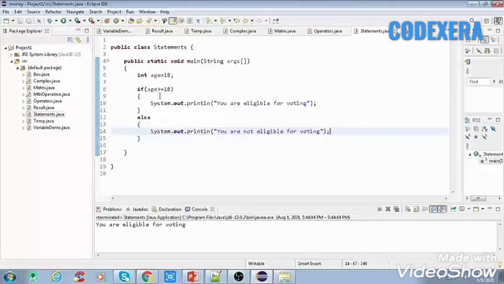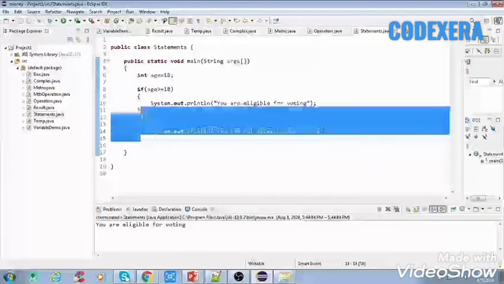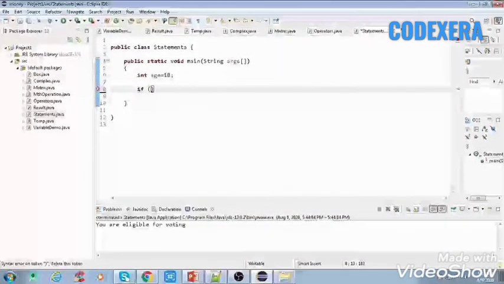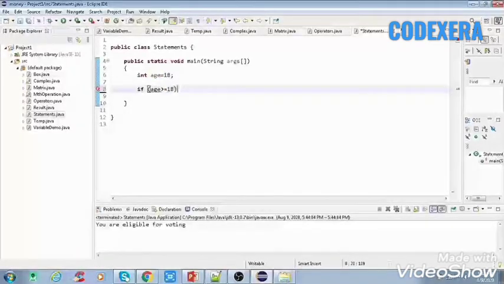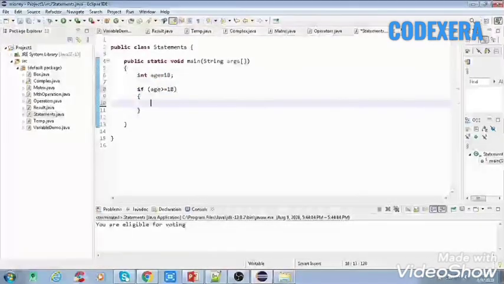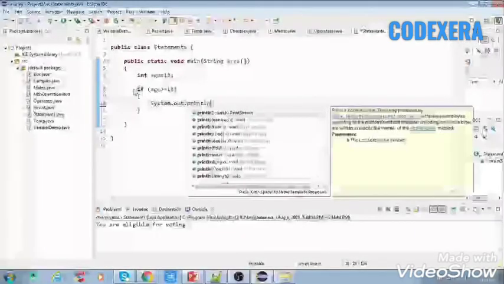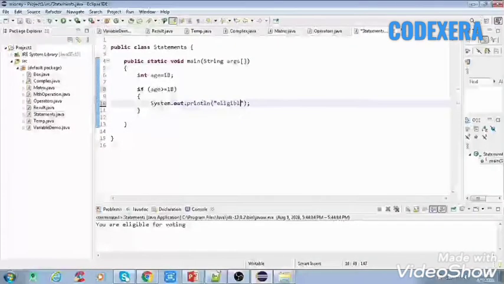We can also do only the if statement. I will show you how to use only the if statement. Here, if age is greater than or equal to 18, then System.out.println eligible.